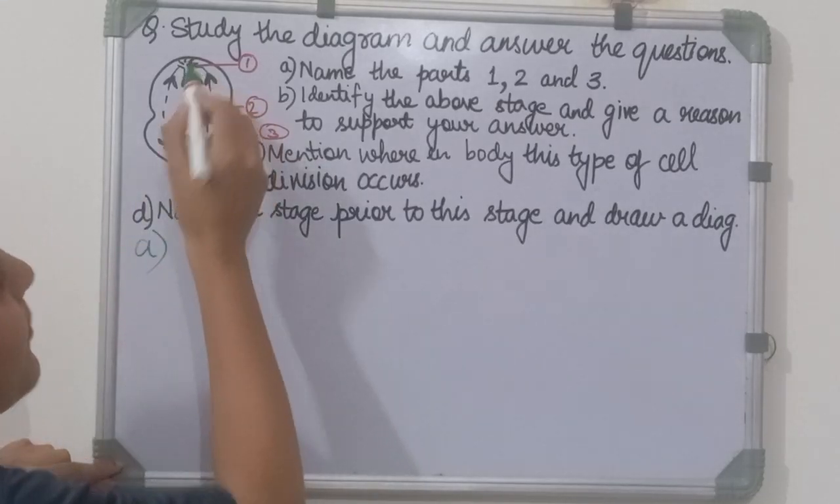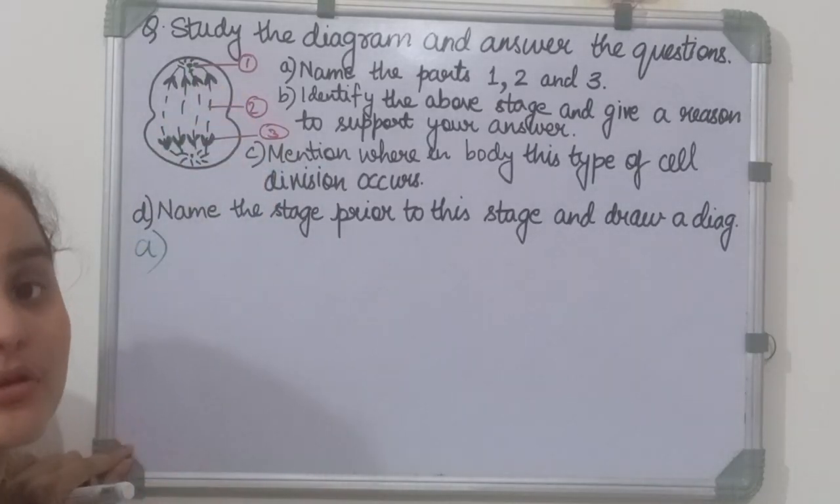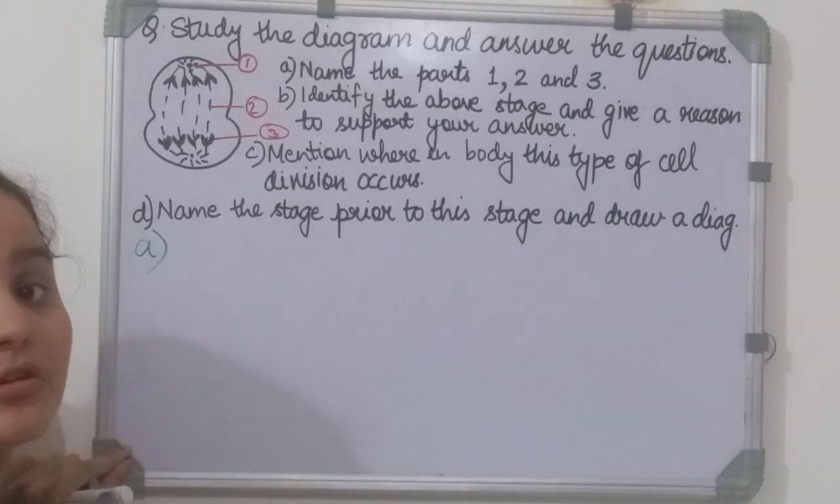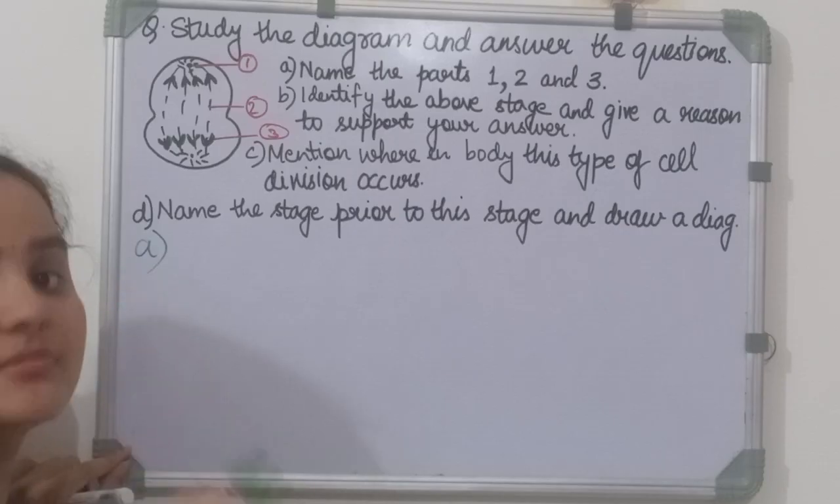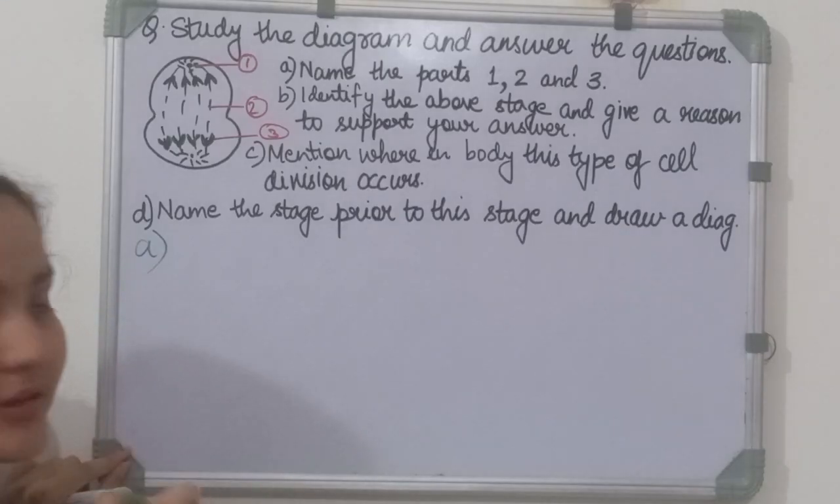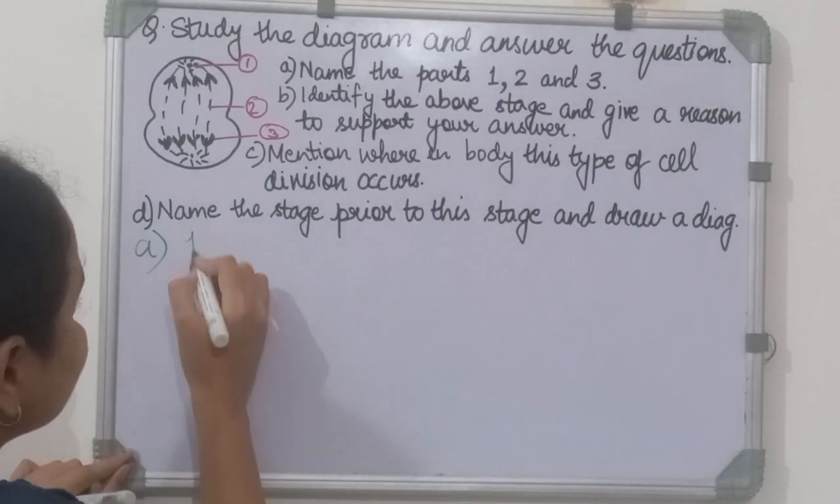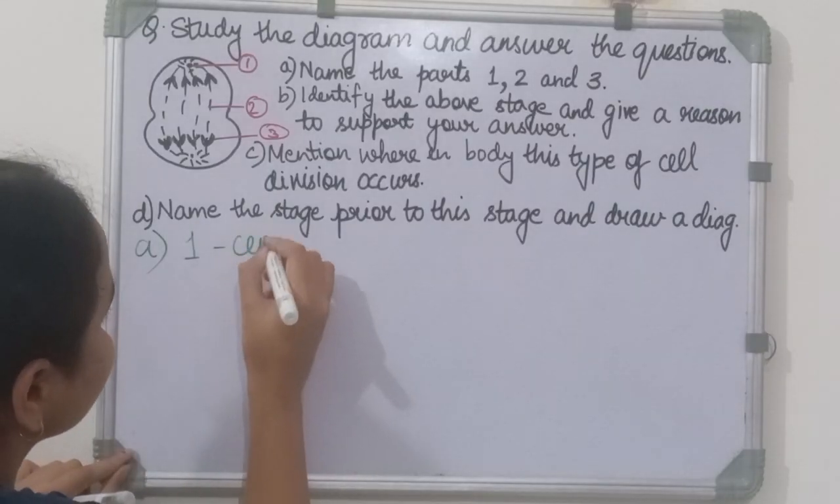One is pointing towards centrioles. Okay, so if you are confused whether it is centrioles or centrosomes, just write the point as centrosomes containing centrioles. This way you will be given the marks on the keyword. So let's write part one as centrosome